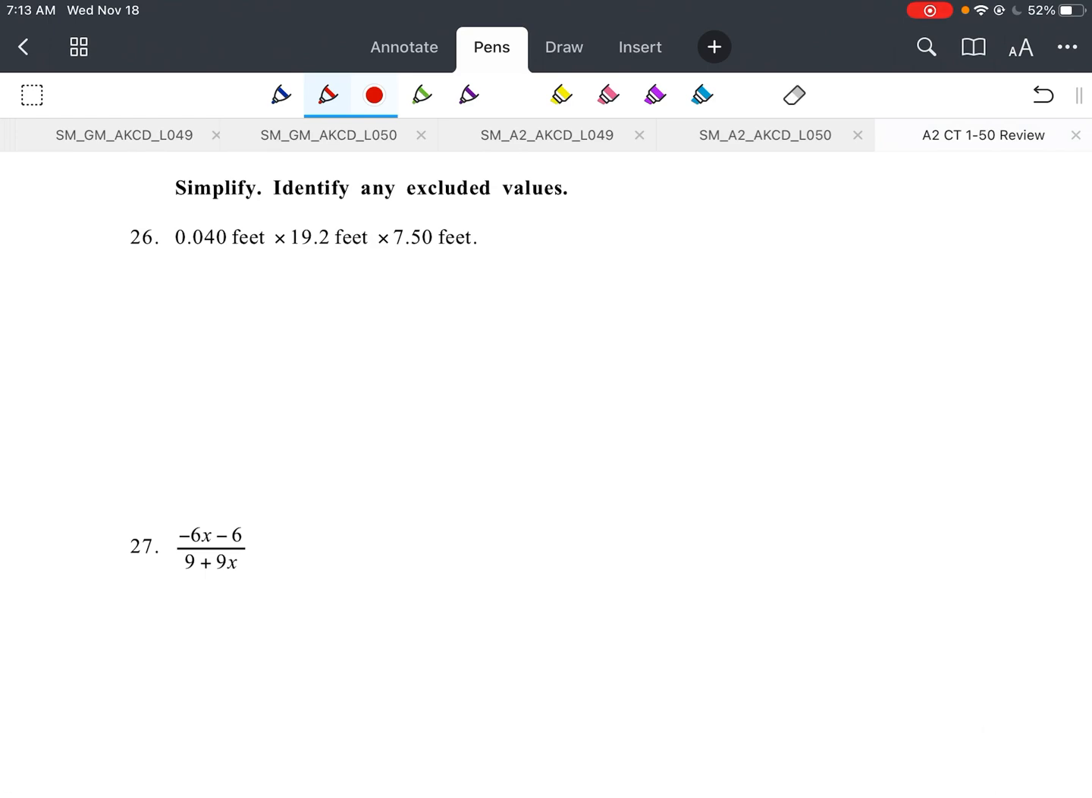All right, simplify, identify excluded values. I was going to say, I don't see any excluded values here. So 0.040 times 19.2